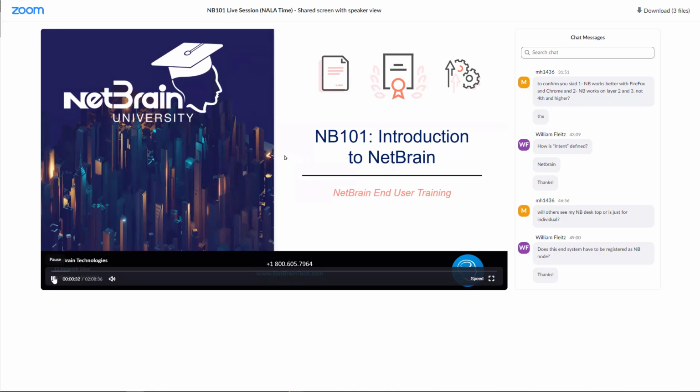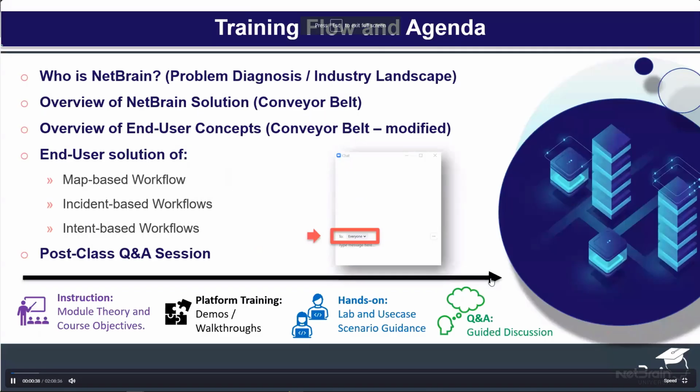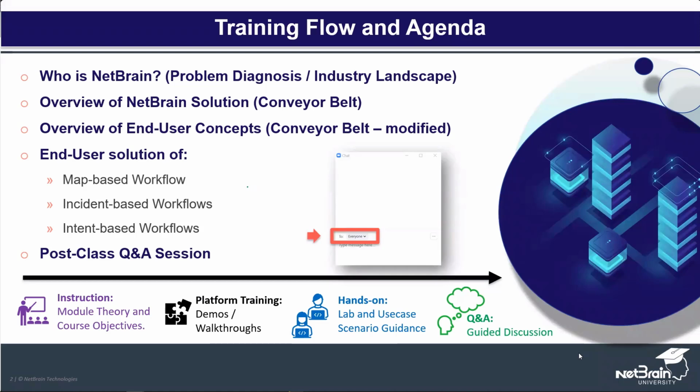Limited. There is a heck of a lot more to learn beyond what's in this class, even at the end user level. So the way these classes work is they start with me telling you what I'm going to tell you with a PowerPoint slide deck, and then I'm going to show you stuff hands-on in the NetBrain Thin Client. This will take about 90 minutes, maybe a little more, maybe a little less, depending on how